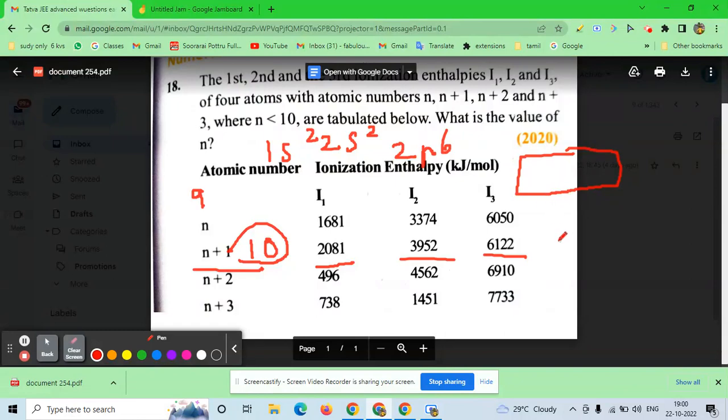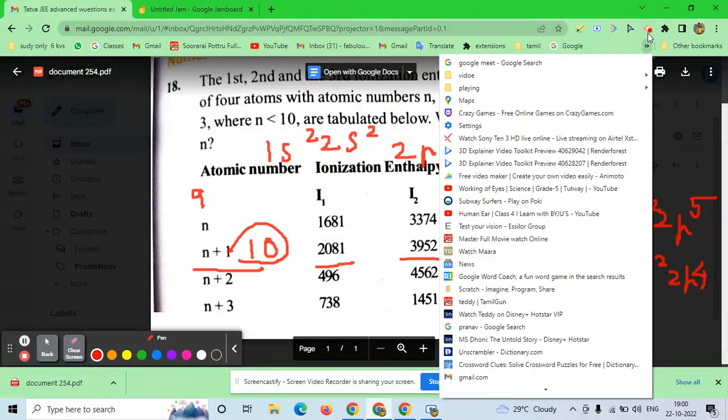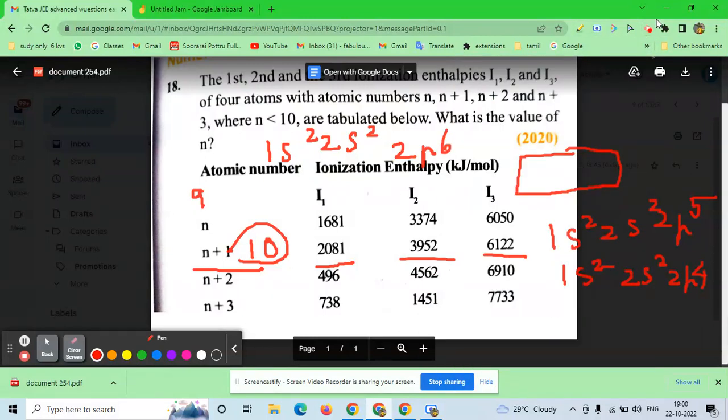It would lose its first electron here, 1s2, 2s2, 2p5, and it would lose its second electron here, 1s2, 2s2, 2p4, easily. But as it is becoming more electropositive here, as it is becoming 1s2, 2s2, 2p4,